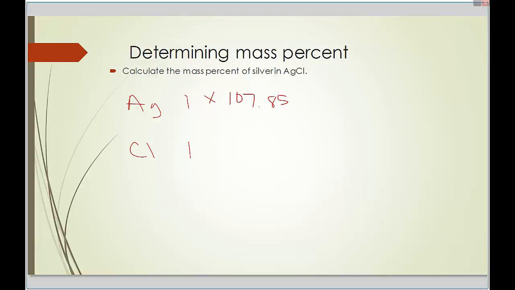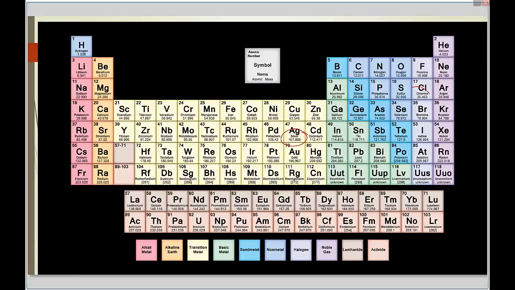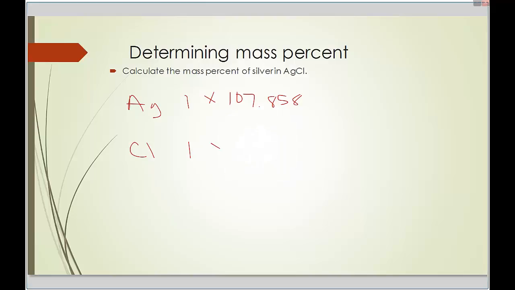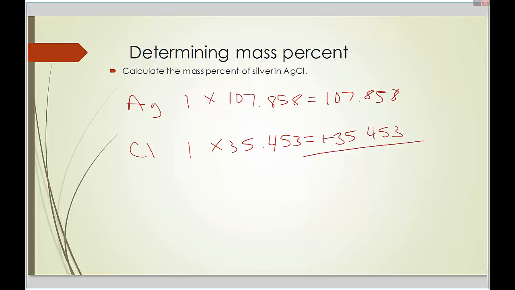Chlorine is right here, 35.453. So we multiply that out and you add it together. And that comes out to be 143.311